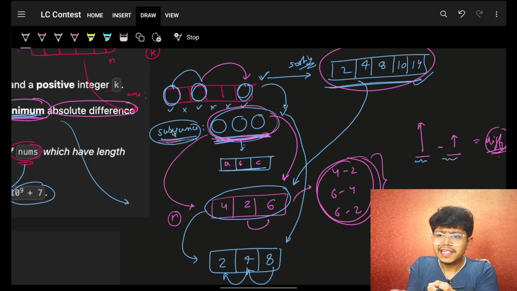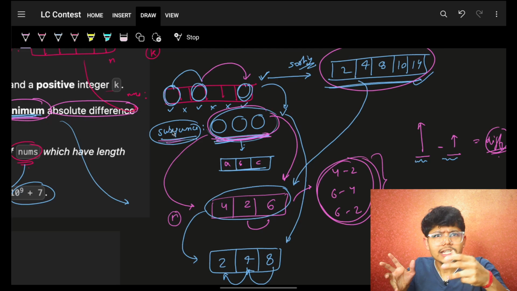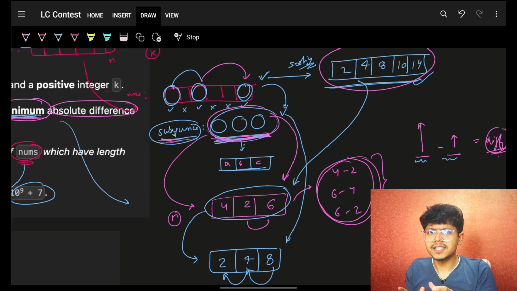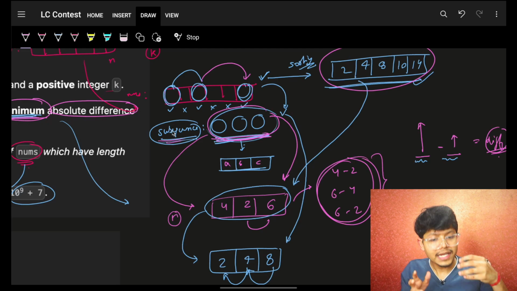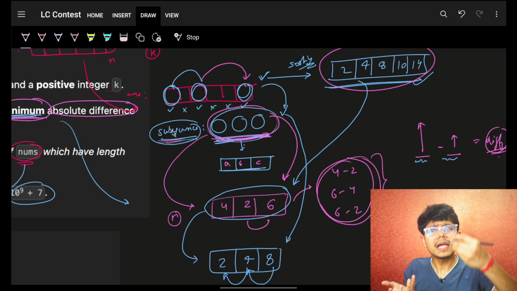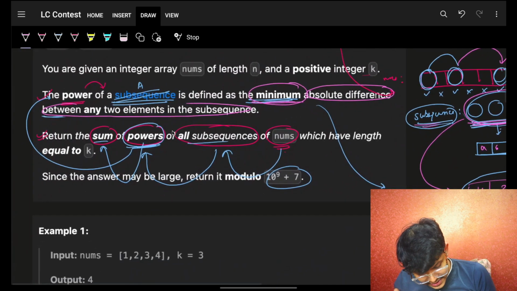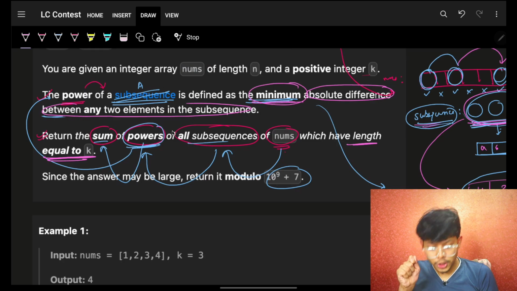By simply saying take, not take. You know that things are going exponential. You know it's a take, not take operation in the very beginning itself. So why can't we think of just applying a DP? Again, we never know that maybe DP actually also needs some bit of improvisations, but let's think of applying DP at this place. But before that, let's see one thing also, that the length of our subsequence should also be equal